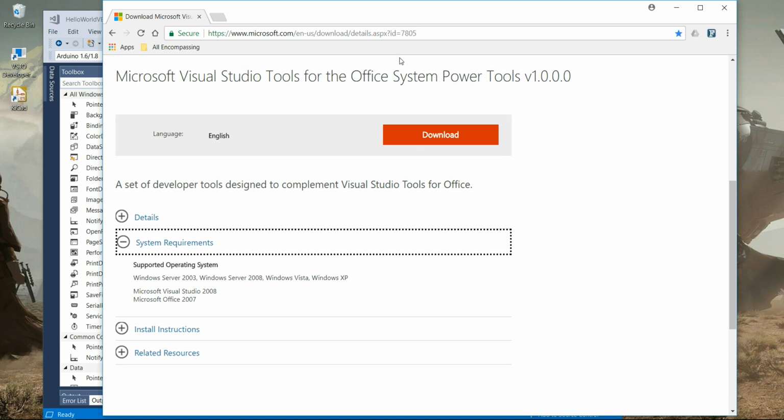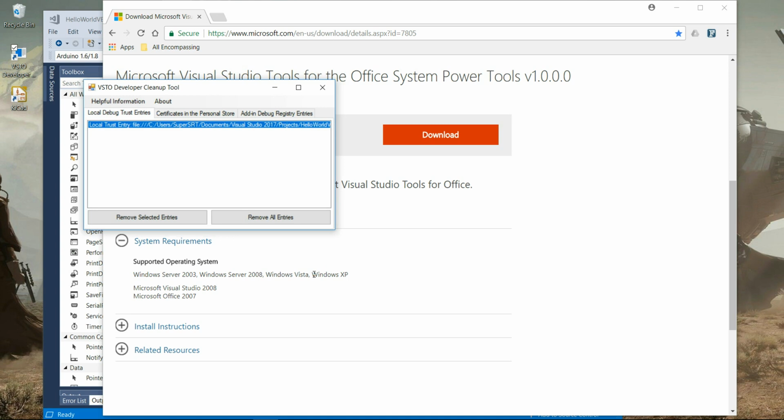You just go to the site, or you Google VSTO Power Tools, and it was targeted for Office 2007, Visual Studio 2008, but it still works. I never changed it. Still does the same thing. It'll install it in a file somewhere. I have no idea where. I have to search for it whenever I get a different computer and install it. It doesn't create shortcuts in your menu or anything like that. So I created a shortcut on my desktop,